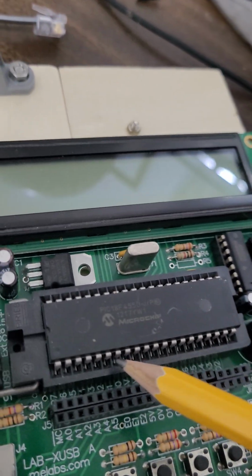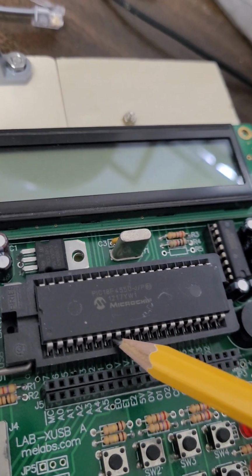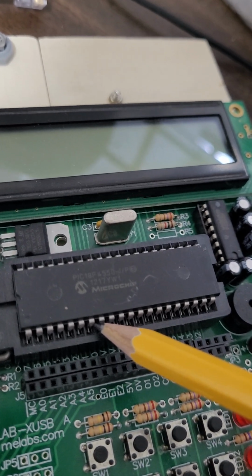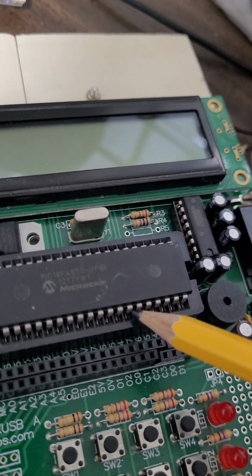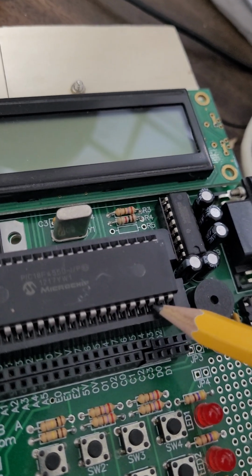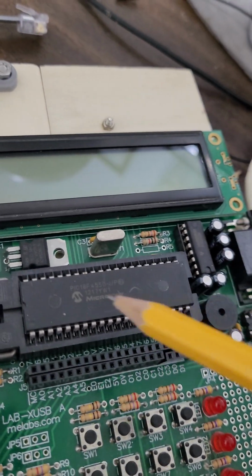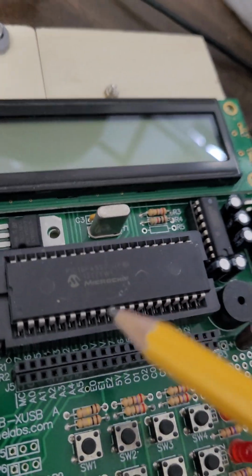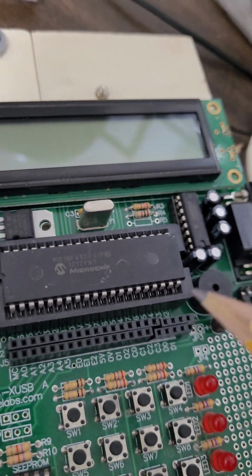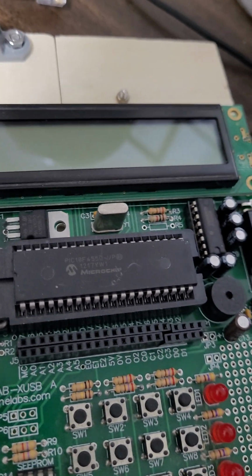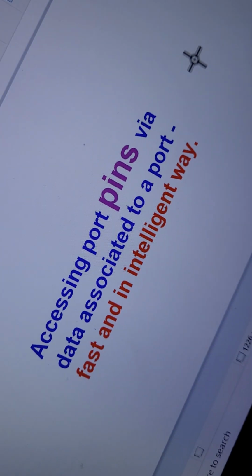For example, this pin is used to send and receive data that addresses camera number 1 in security. This pin, for example, addresses sensor 1. This pin addresses the front door. This is the back door. There is no way as a programmer and hardware designer to remember what the function of each pin of this microcontroller is. It's impossible. Okay, for that I am going to present this method of accessing pins